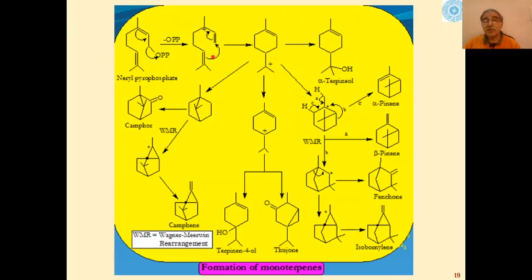Then this double bond will form a carbon-carbon bond and positive charge will come to this place. And from this type of carbocation, either by reaction with water we can get alpha terpineol, or this can further undergo rearrangement reactions to give us alpha pinene, beta pinene, fenchone,